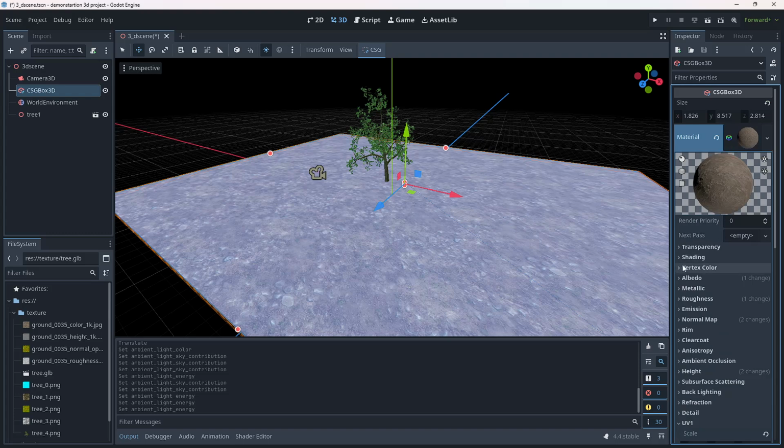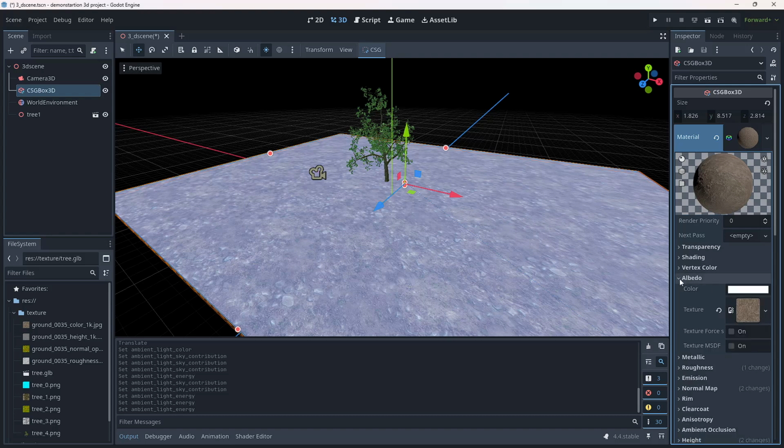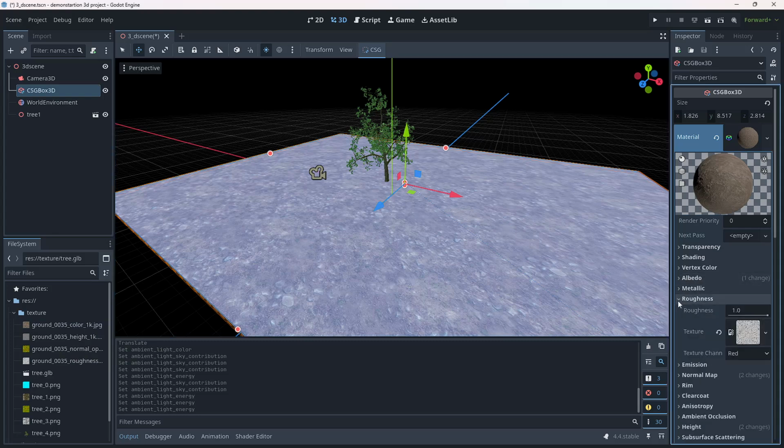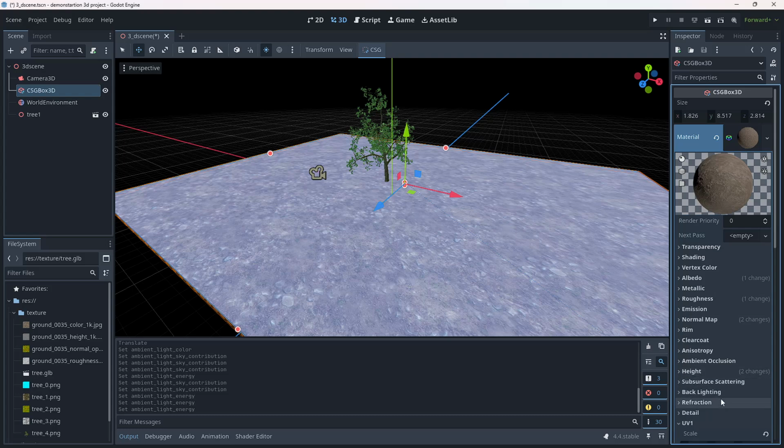Then from that material, I just opened up albedo, dragged my color into albedo, dragged my roughness into my roughness, my normal. You have to check the box to turn on normal map, so I checked the box. Then I was able to drag my normal map over, and then I also had a height map. You have to check the box for it as well, and then I just added that again. So then with those added, I wanted to make sure that the texture was